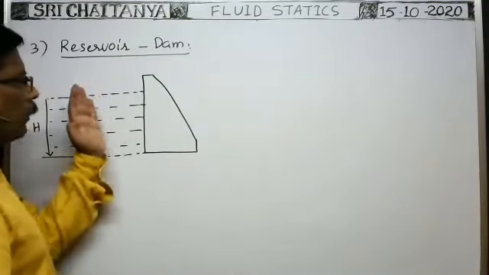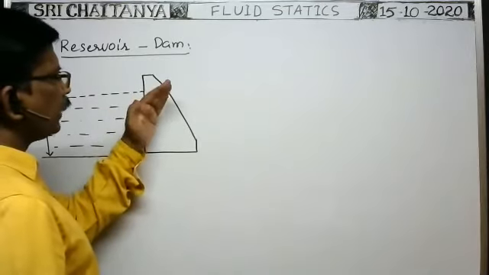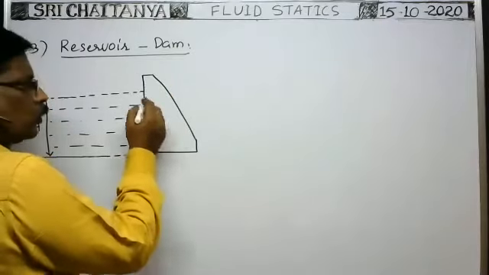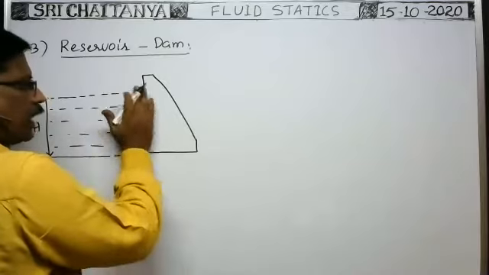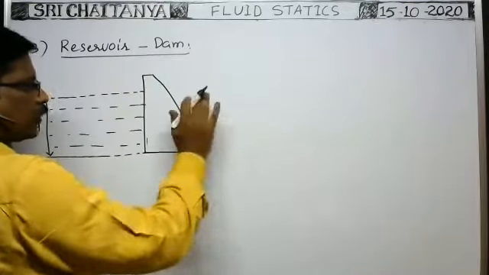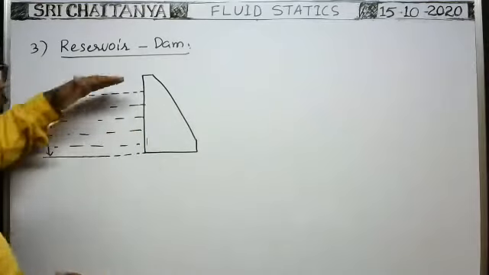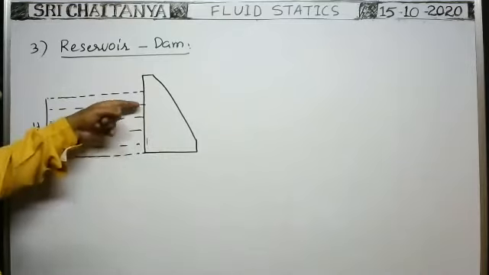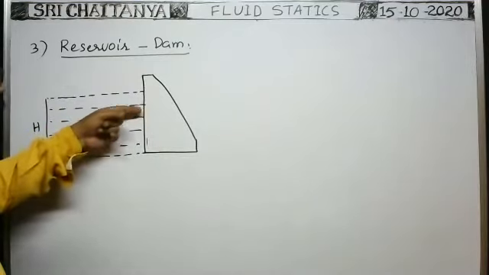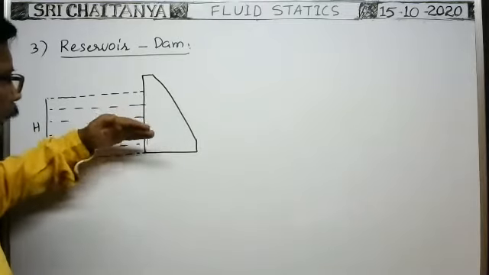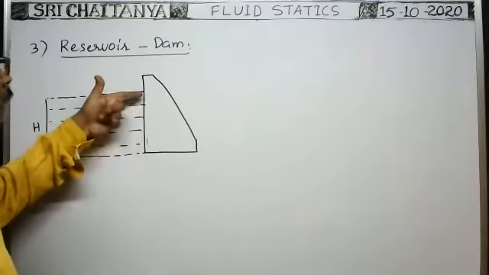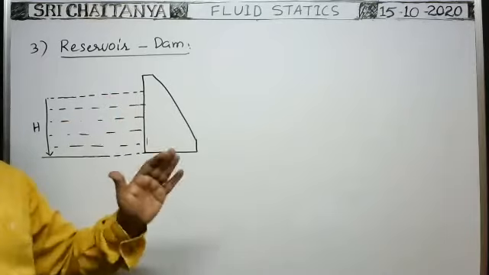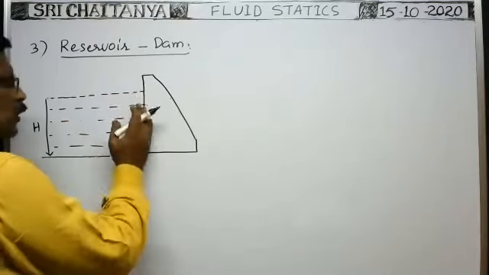Here, when water applies force like this, on the gates of the dam, due to water, as pressure acts on them, force acts on the dam in this direction. As we move from the surface of the water to the depth, as depth increases, pressure increases. When pressure increases, the force acting on the dam gradually increases. That's why the force acting on the dam at the bottom is very large compared with the top.